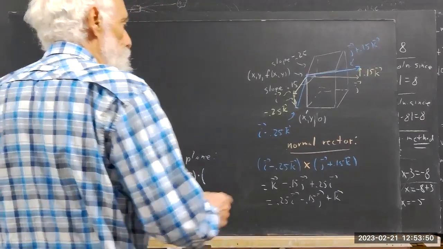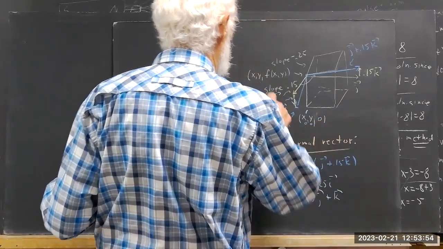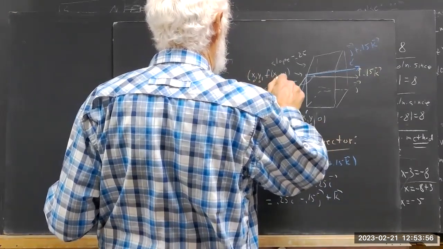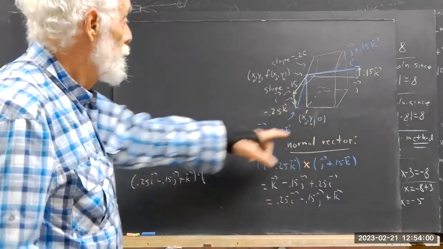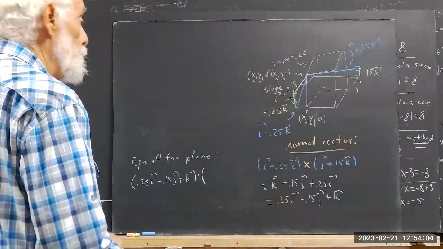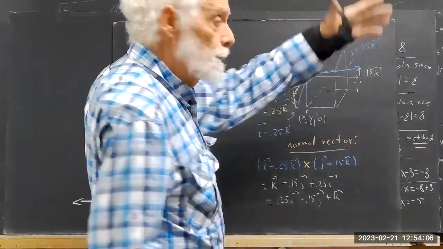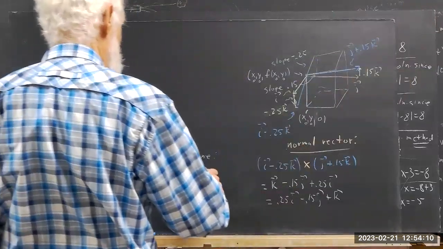I'm going to call this X naught, Y naught, so whatever the coordinates of this point are. The vector from this point out to point X, Y, Z on the plane is